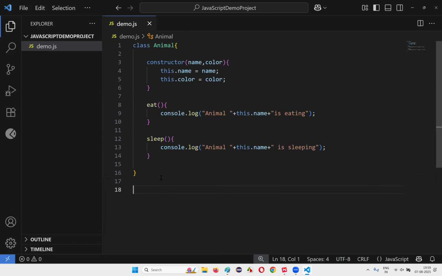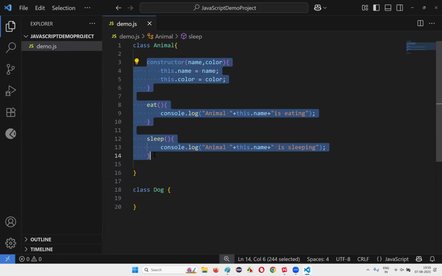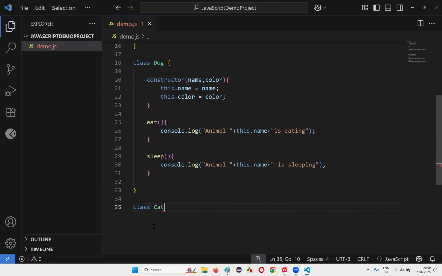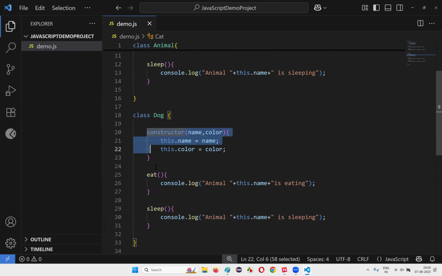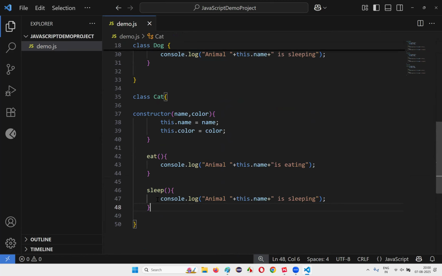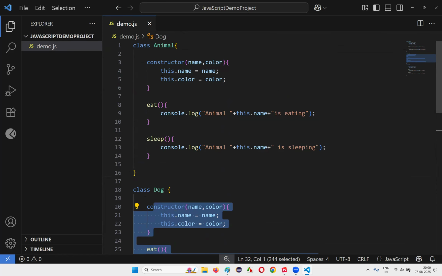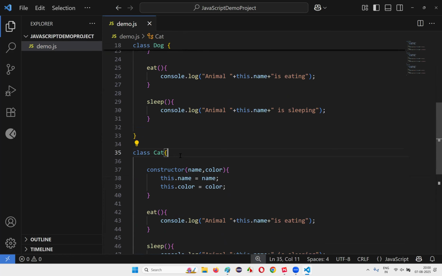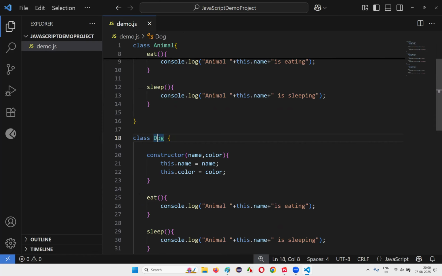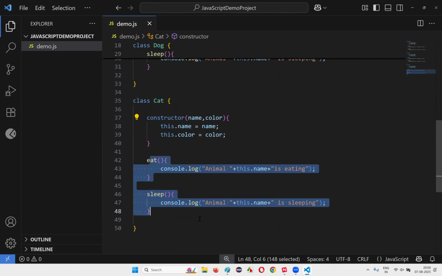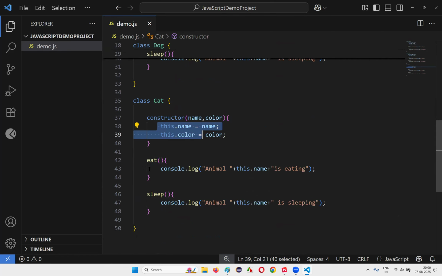Now I want to create one more class. I'll name this class Dog class. Now in the Dog class, again I need to create the same properties. Now I want to create one more class, that is Cat class. In this class also I want to create the same properties. I need to copy paste. See, in the Dog class, we have the same properties which are there in the Animal class. In the Cat class also, there are total three classes: Animal class, Dog class, and Cat class. In all these classes, we have the same constructor, same properties, same variable names and method names, everything